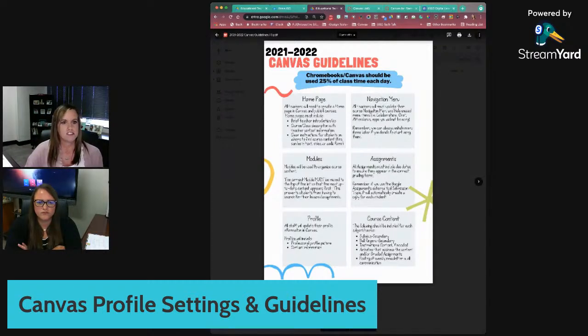And the first thing we're going to look at is your landing page, your homepage of your Canvas course. Just like last year, all teachers in all content areas will need to have a Canvas course published. In that Canvas course, you need to have a homepage designated. So once you have designated which page will be your homepage, you need to make sure that your homepage includes